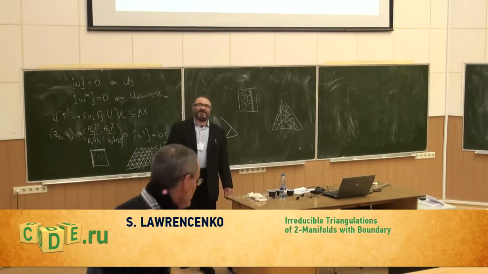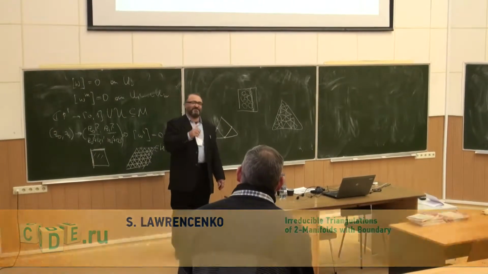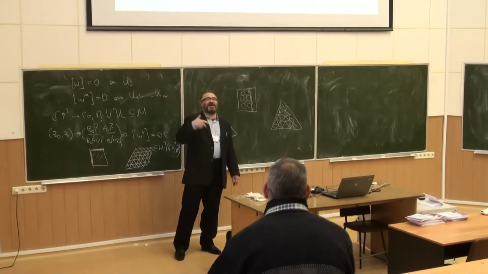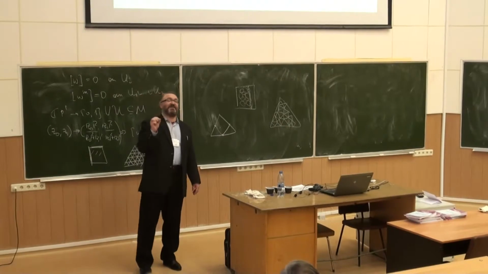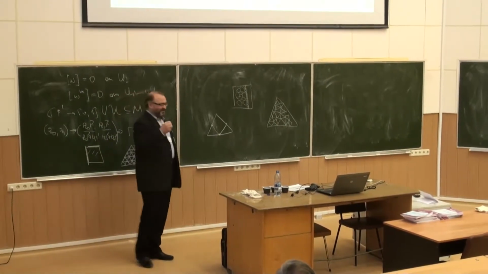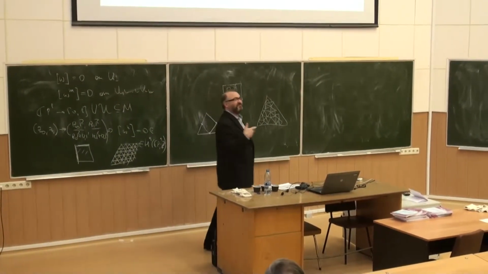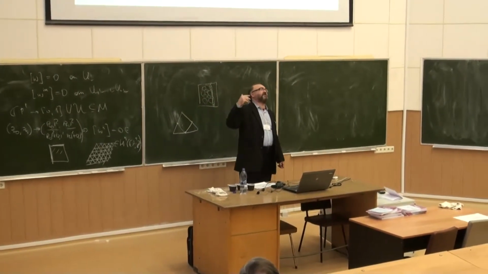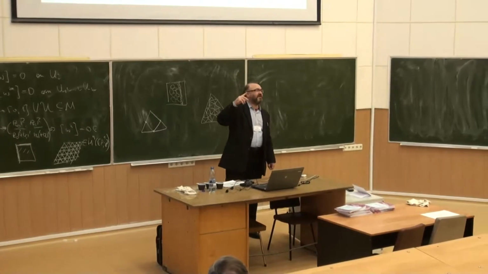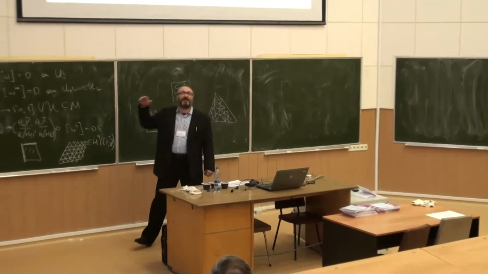Introduction. I was surprised how you pronounced my last name. Exactly the way I would like it to be pronounced. Because in Russian it sounds like Lawrencenko, but it's impossible to say Lawrencenko for English-speaking people. So this way it's easier and can be easily memorized as Lawrence and Company, Lawrencenko, and it's pronounced the same way, Lawrence and Company, Lawrencenko.